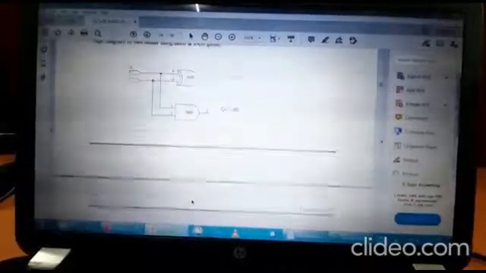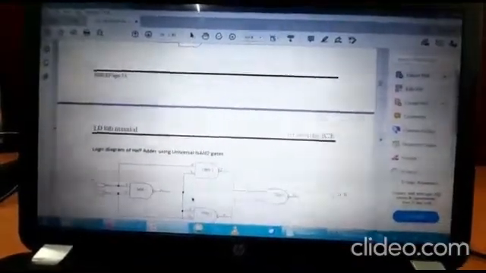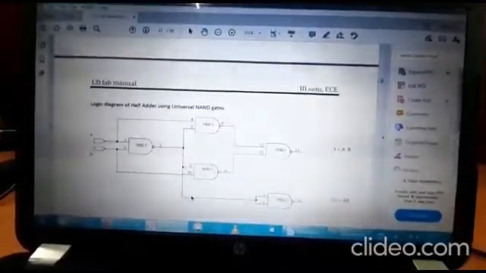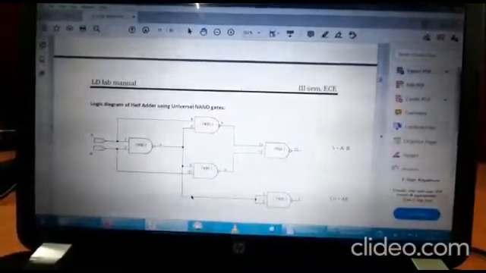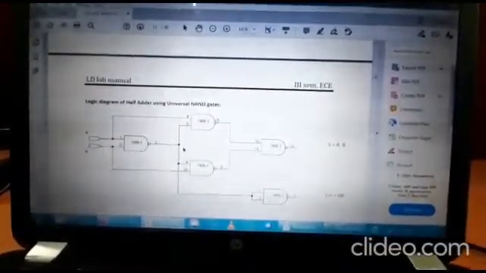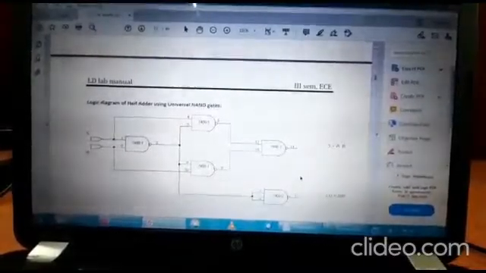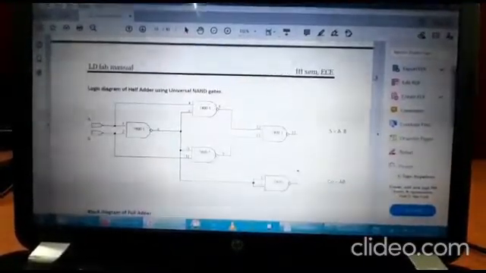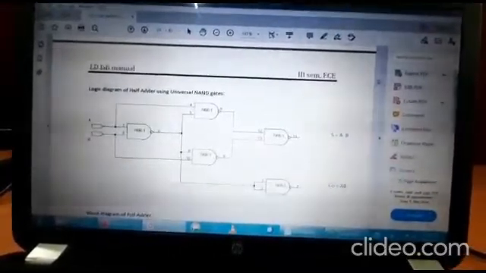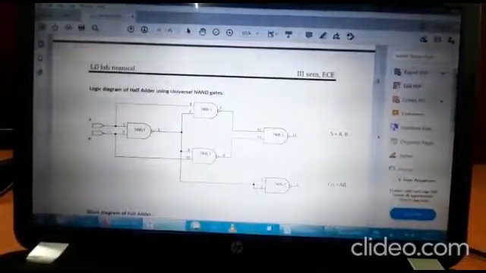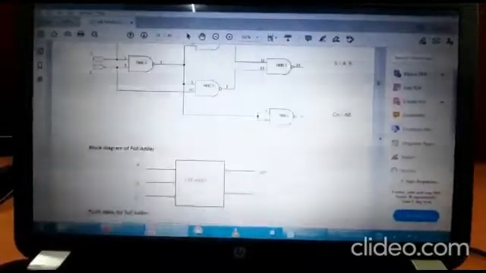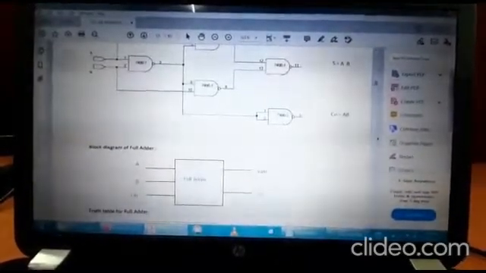Okay. So now the same can also be implemented using universal NAND gates. We need a total of 5 NAND gates to implement the half adder using NAND gates. If we evaluate the outputs at each of these NAND gates and solve using De Morgan's laws, you will be able to arrive at the expressions of sum and carry. In the last, fifth NAND gate you can see both the inputs are shorted, so that is nothing but a NAND acting as an inverter. Okay, so this is about the first one, half adder.